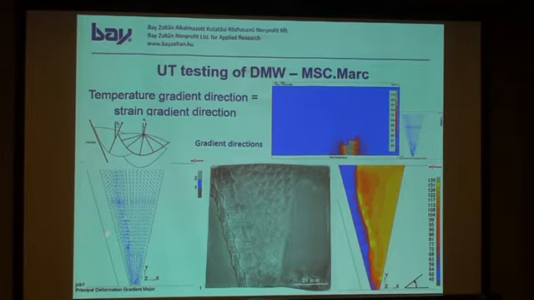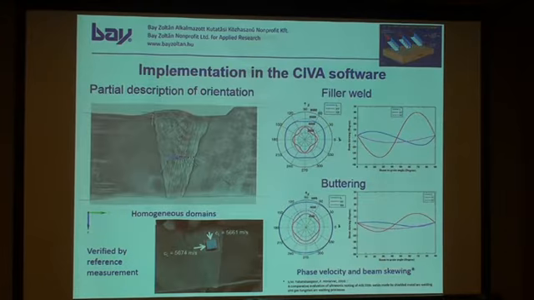But the orientation was calculated with the finite element method, welding simulation, and you can recognize the orientation calculated by the finite element method, and you can see the orientation in the real mock-up. So this shows that if we have a real weld, we can implement this for the real weld when we cannot cut it and cannot see. So the technique was also determined.